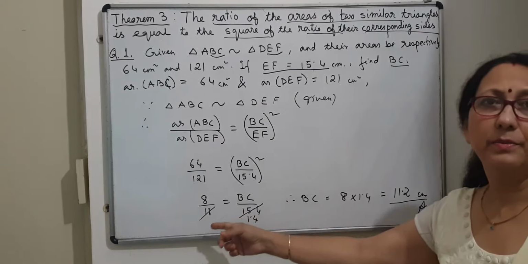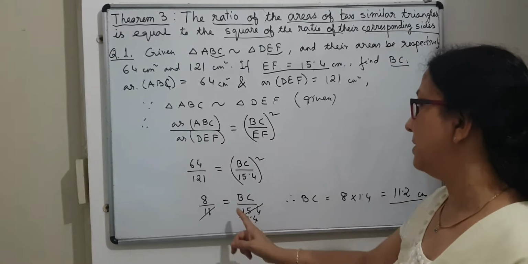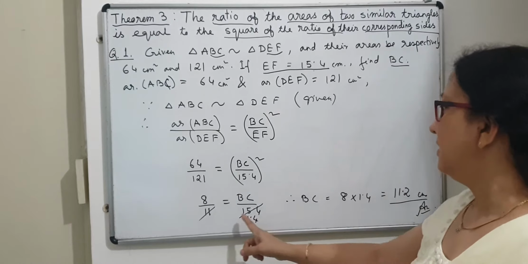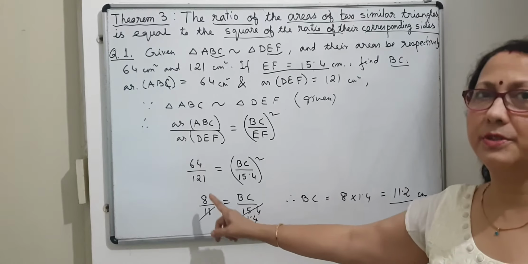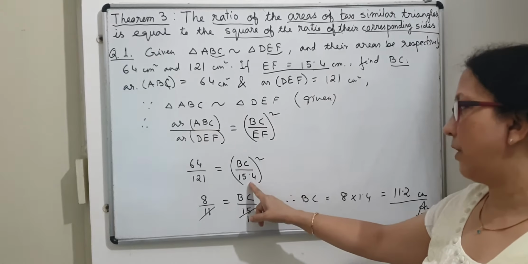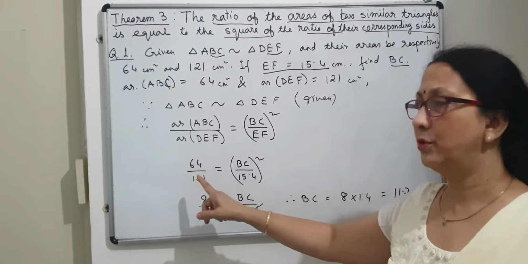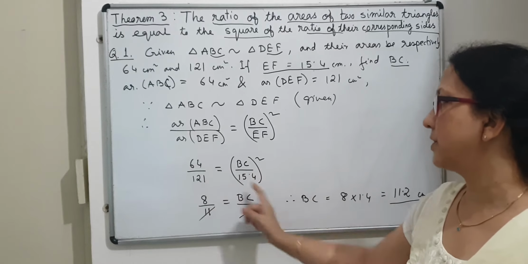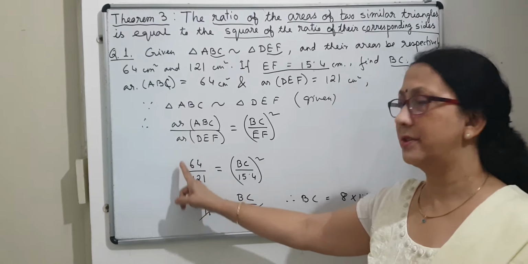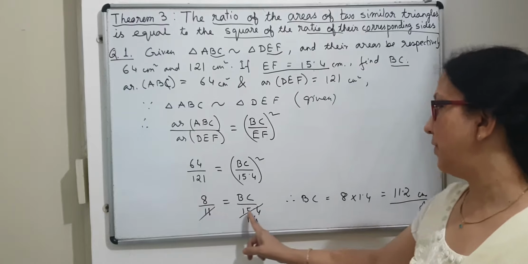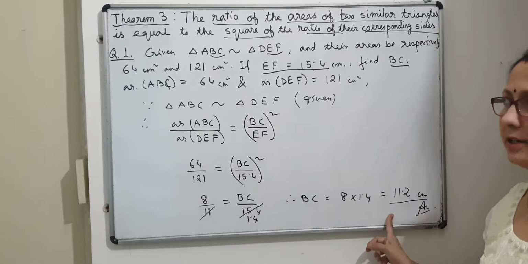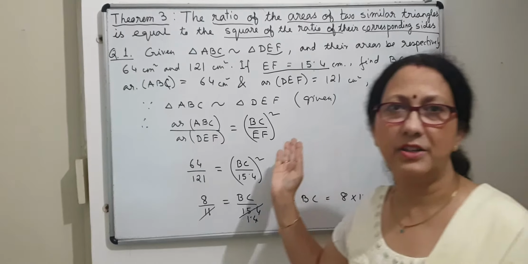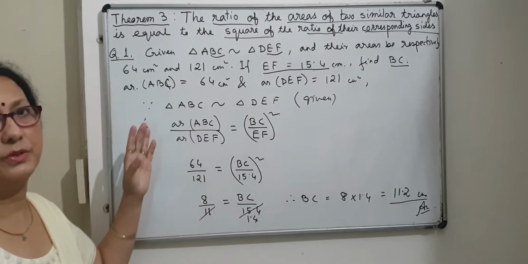So you see, in this way you can minimize your calculation. If you observe the numbers, you should have some familiarity with the numbers. Then you can reduce your calculation time. These things you must observe. Here you don't find the square of this and then cross multiply. Don't do this. We minimize first by taking the square root of both sides, just by observing that these two numbers are whole squares. And then again you observe 15.4 will be divisible by 11. So in this way my calculation becomes very simple and it takes less time. So this is one direct application of this theorem in this question. Okay.